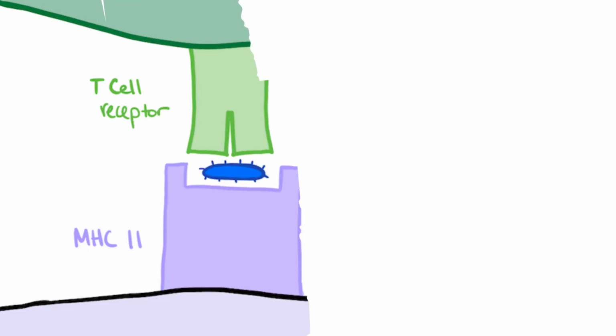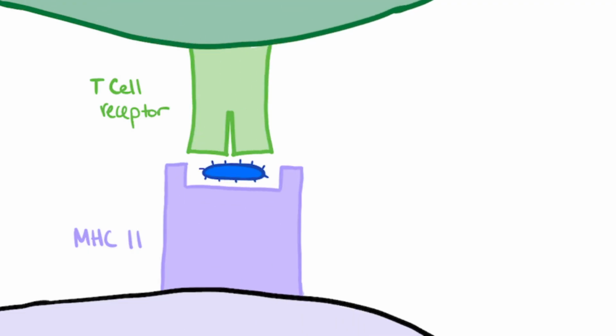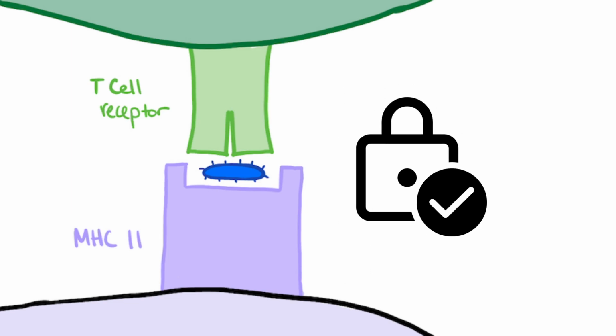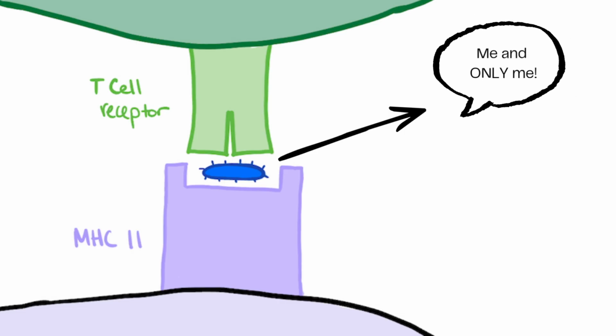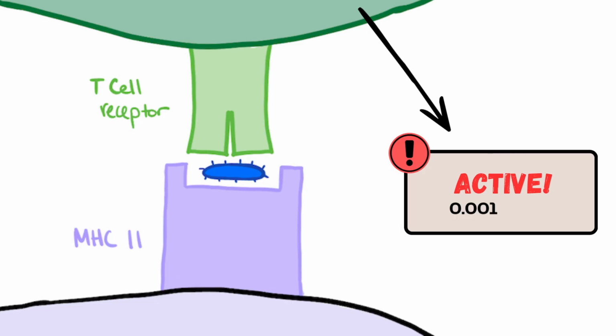MHC2 is the complex that's responsible for binding to a specific antigen and matching it to the receptor on a T cell, which then activates it. In the case of normal T cell activation for small-scale infections, only the T cells with perfectly matching receptors are activated, which creates a controlled response to that one pathogen that's invaded your body. Typically, this process is highly specific to the single antigen initially detected, which activates way less than even 1% of